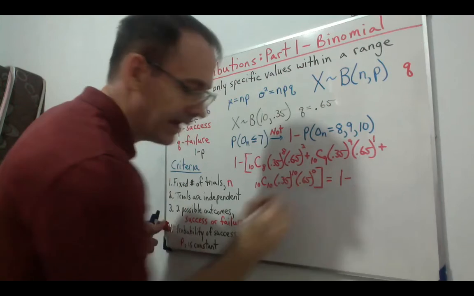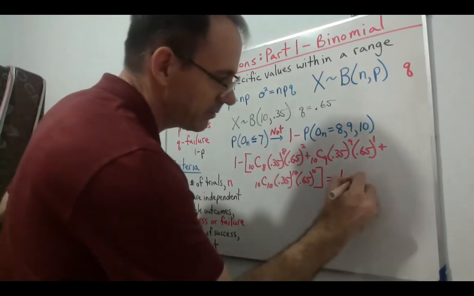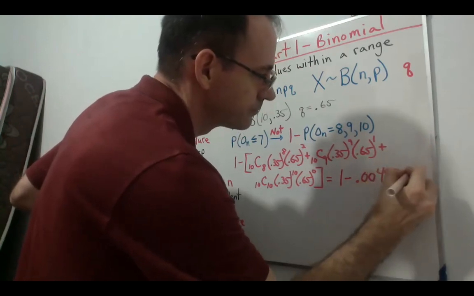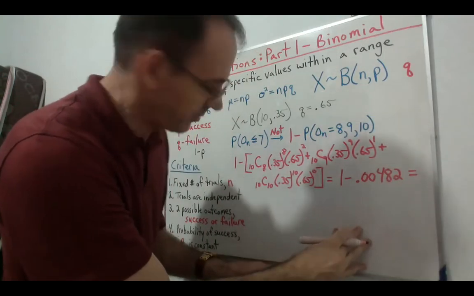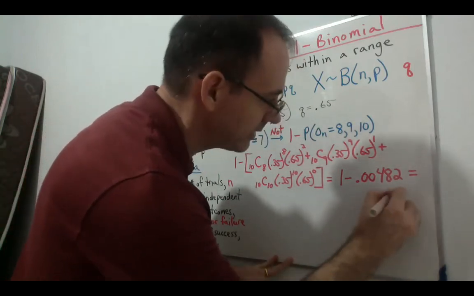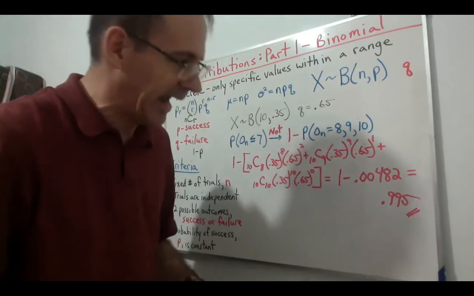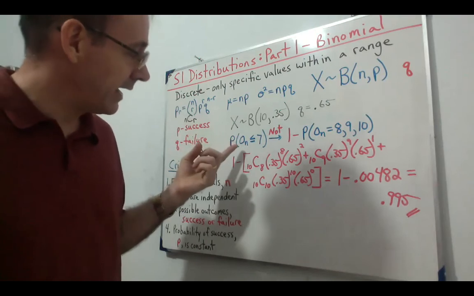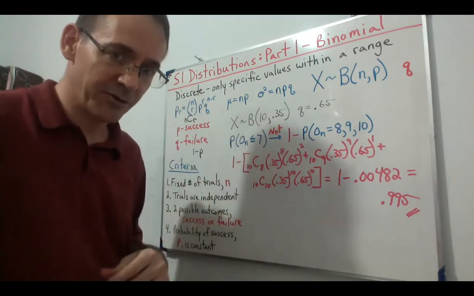So this is 1 minus, and when you calculate all this out, you're going to get 1 minus 0.00482, which equals, and I'm going to write it up here so that gives us a little space down here, or maybe I'll just erase this when we do the second part, and we get 0.995. So there's a 99.5% chance that she will buy something online less than or equal to 7 of those 10 weeks,